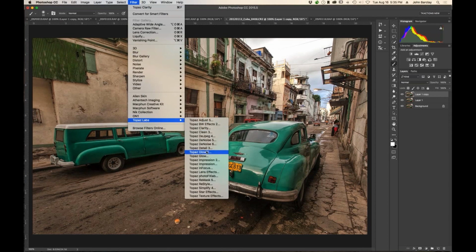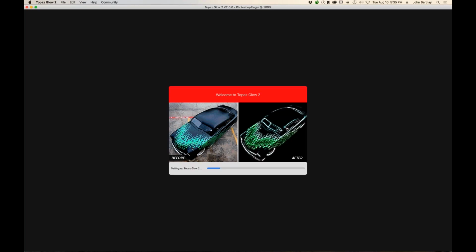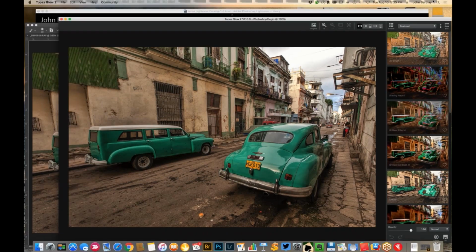Let's go to the new Topaz Glow announced today. So first thing you're going to notice is the interface is completely different. Let's pull this over here. Completely different interface, very much in line with all of the recent releases like Texture Effects and Impression and so forth. You now have that same area to be able to go over here and look at categories